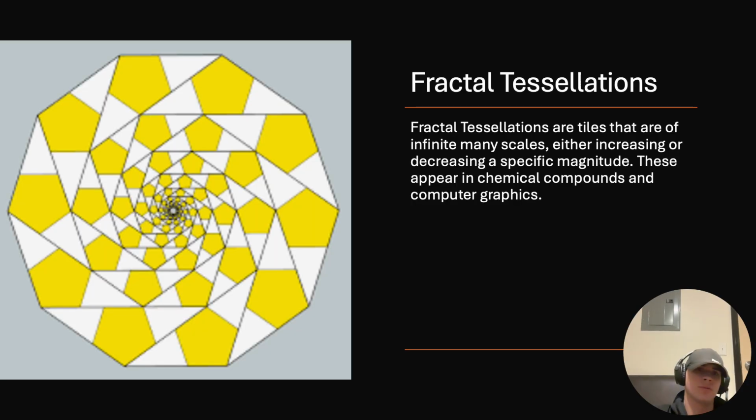The last type of tessellation we're going to be talking about is fractal tessellations. These are created from an infinite amount of tiles, either by getting bigger or making those tiles smaller. These are really seen in chemical compounds and computer graphics. I know, for example, this was in 2023, chemists have made